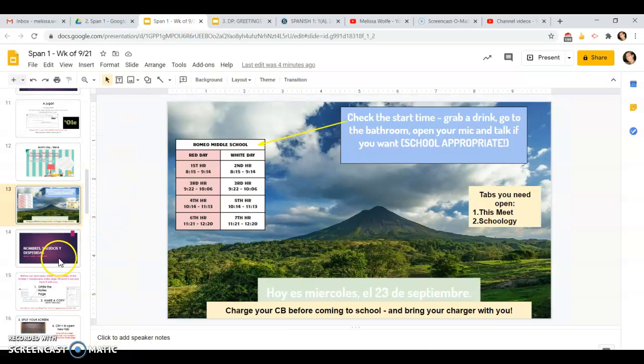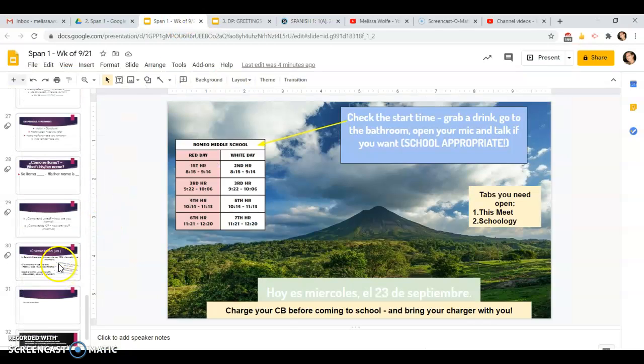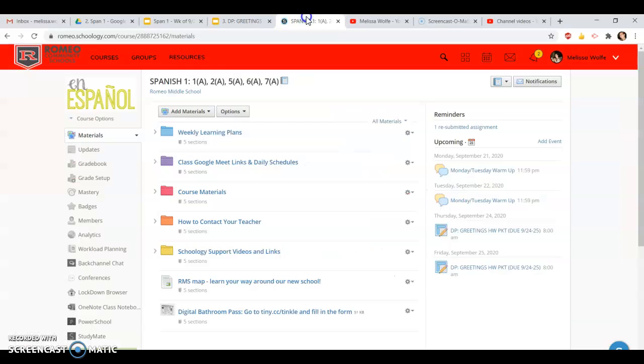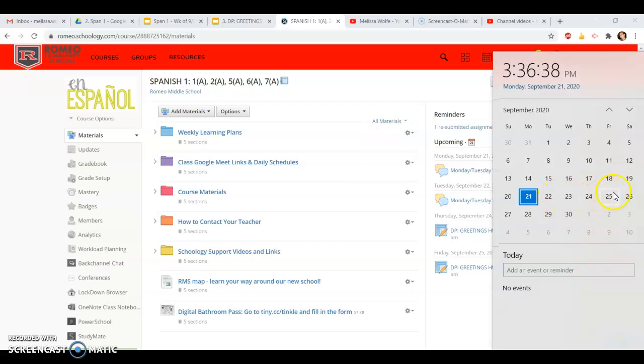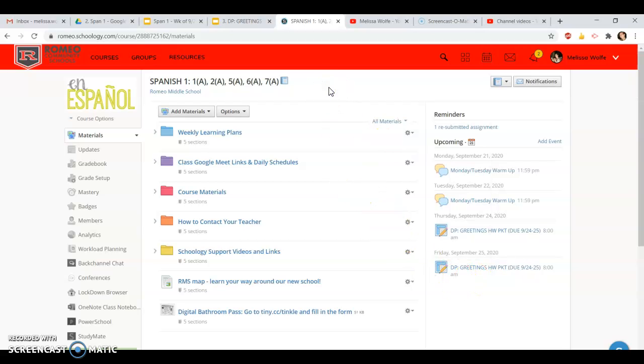Okay, amigos, let's talk about our homework. I don't think I have a link over here, so instead we'll just go straight there. So today's homework, which is due Friday, this Friday, let's see, what would the date be? The 25th. So the homework that's due the 25th, in order to get there, you need to go to our